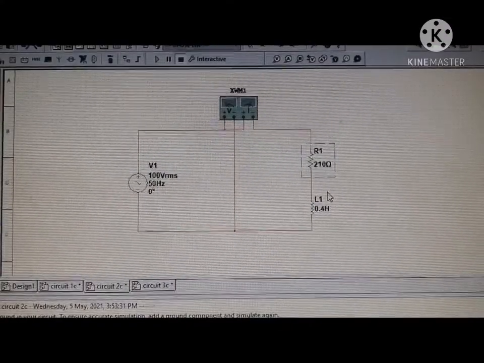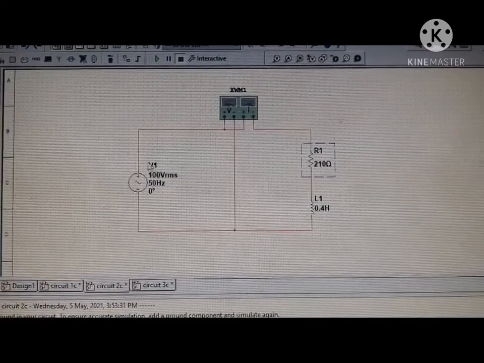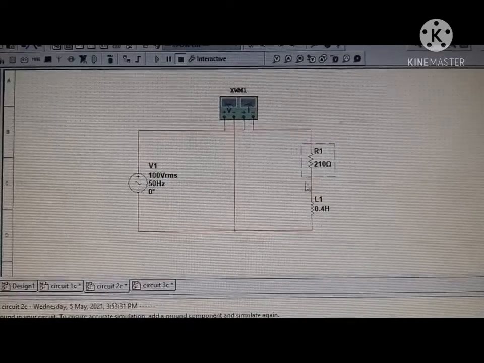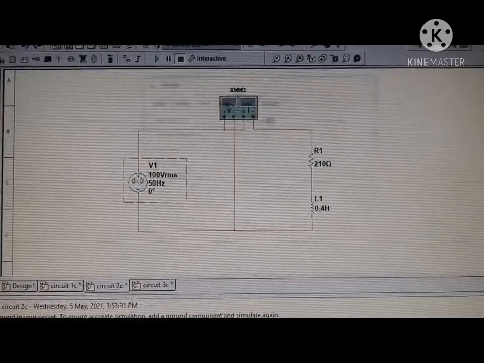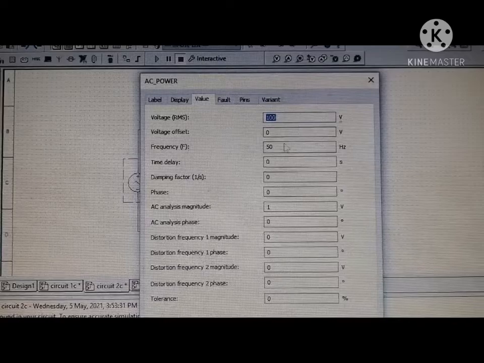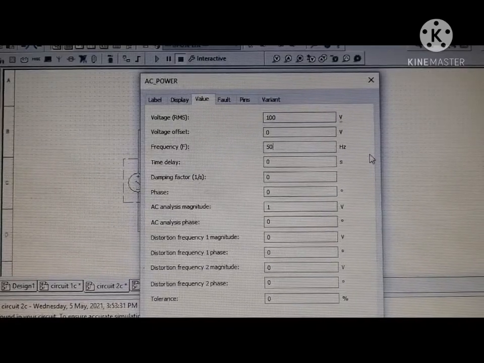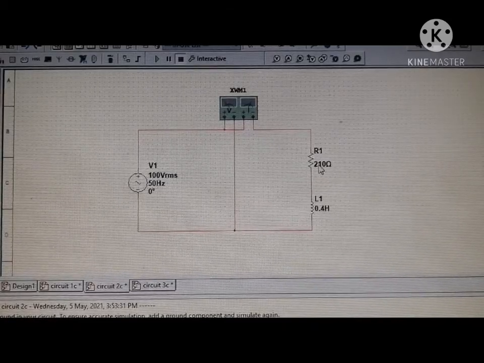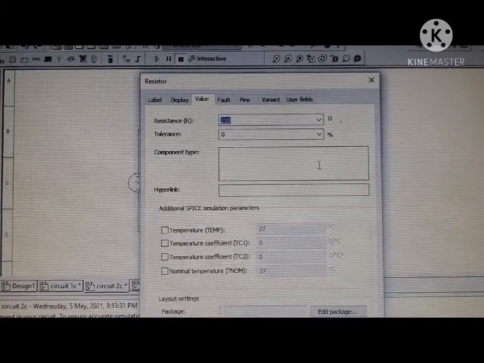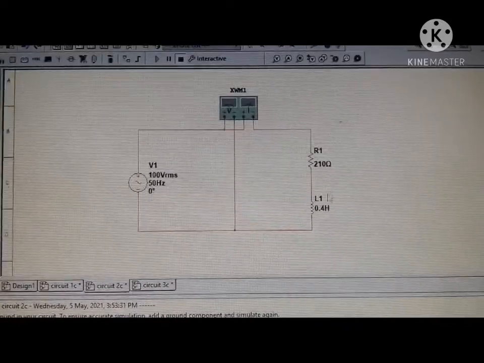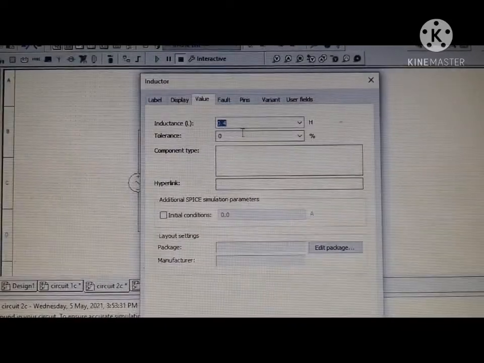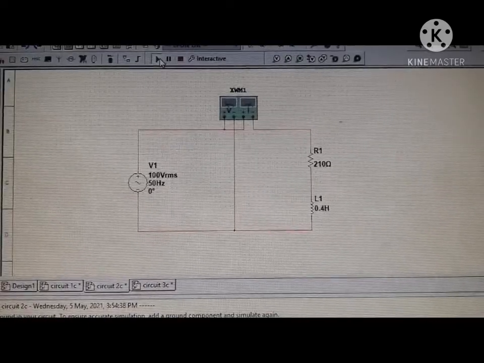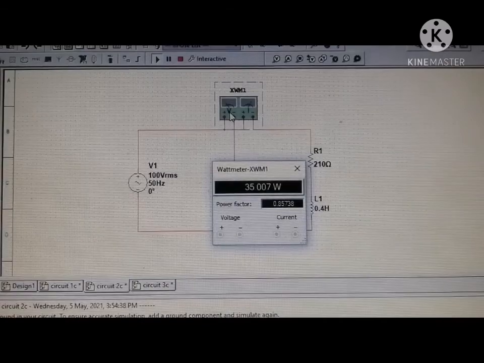Okay, so for activity 2, what we need here is the AC supply, the voltmeter, and one resistor and one inductor. So don't forget to change the voltage to 100 volt and the frequency to 50 Hz. After that, change the value of the resistor to 210, and the inductor to 0.4. Okay, done. So run the simulation and then you will get the value of power,